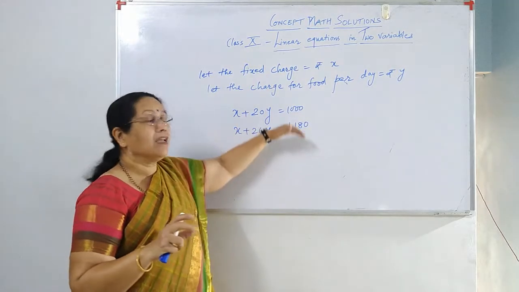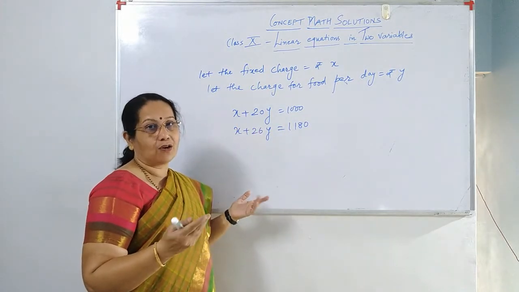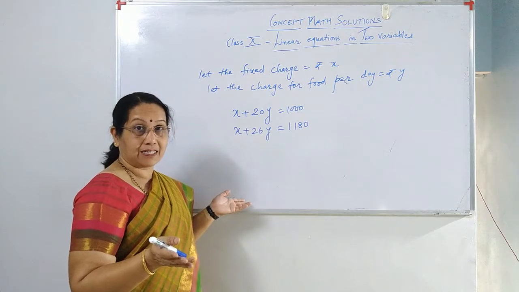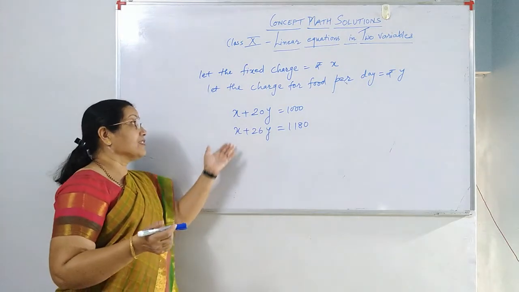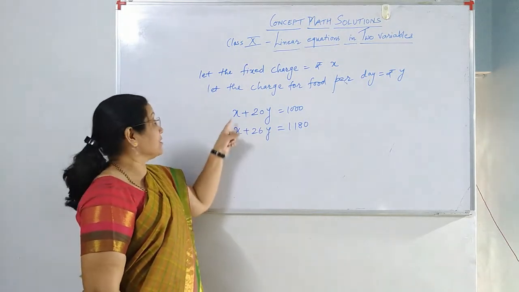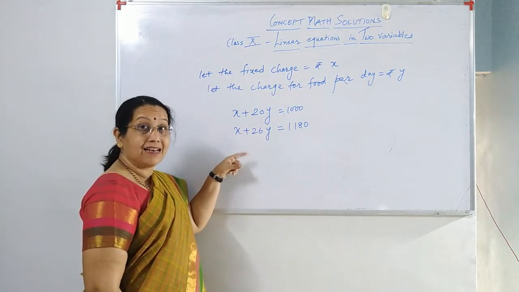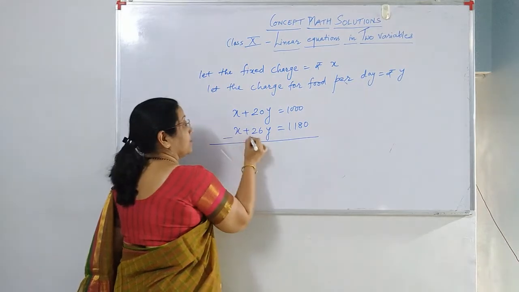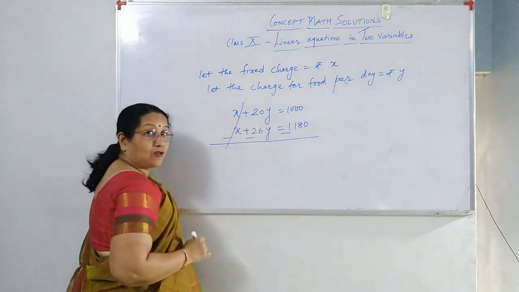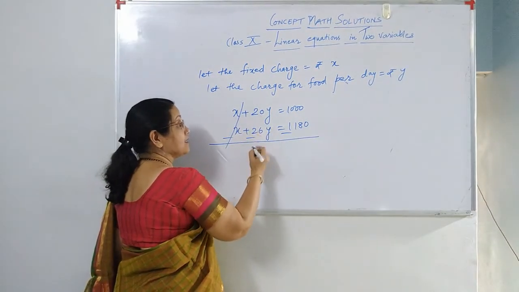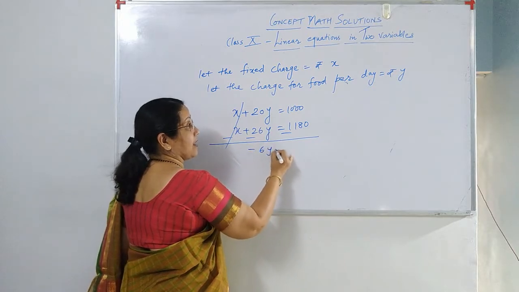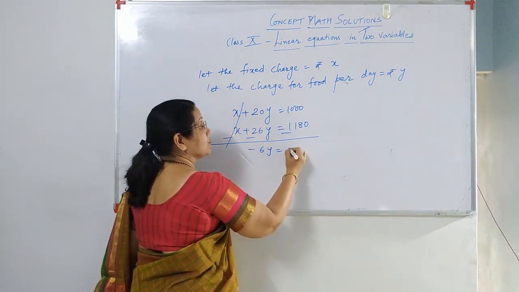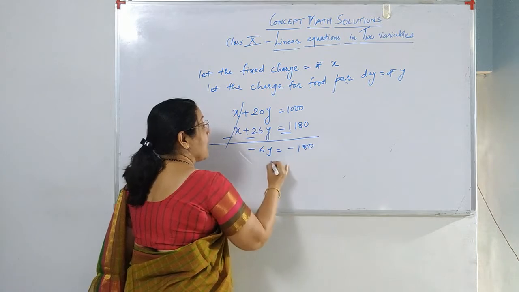Now this solving you can do by elimination or substitution or cross multiplication. I will prefer subtracting both equations because then x directly gets cancelled and you will get the value of y. So what I do is I subtract both the equations. So this goes off. 20y minus 26y is minus 6y, and 1000 minus this is minus 180, and you get